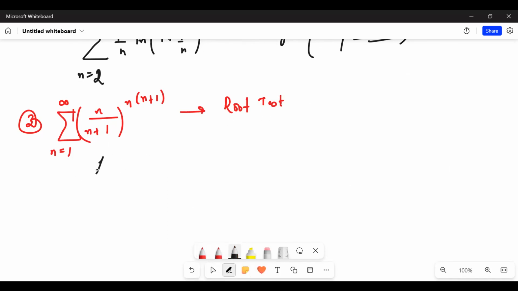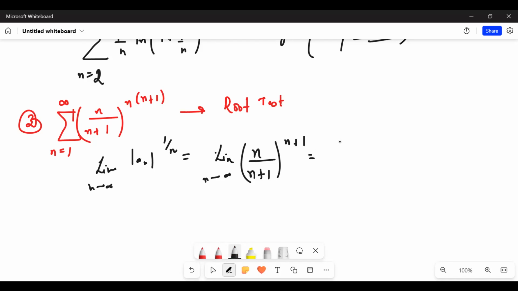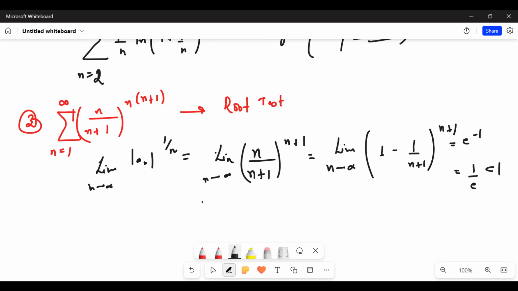So basically, if I use the root test, all I need to find is the limit as n tends to infinity of modulus of a(n) raised to power 1 upon n. Let me see what the limit comes out as. So the limit as n tends to infinity, this will turn out as n upon n plus 1 raised to power n plus 1, which certainly is equal to the limit as n tends to infinity of 1 minus 1 upon n plus 1 raised to power n plus 1. The limit turns out to be e to power minus 1, or 1 upon e, which is certainly less than 1. So it implies that by the root test,